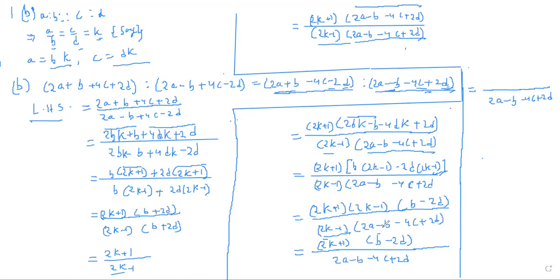So 2k into b means 2bk, plus 1 into b is b, plus b, then 2k into minus 2d is minus 4dk, and minus 1 into d is minus 2. This 2k into minus 2d is minus 4dk and 1 into minus 2d is minus 2d, equals to,